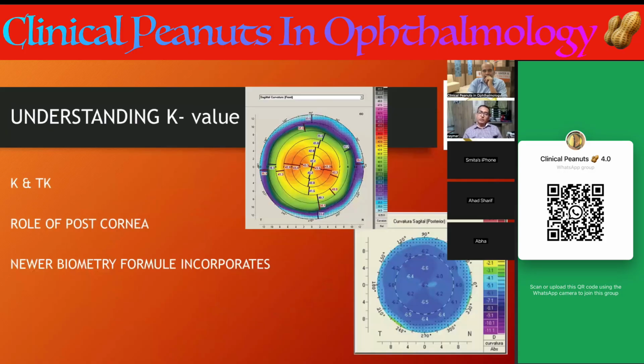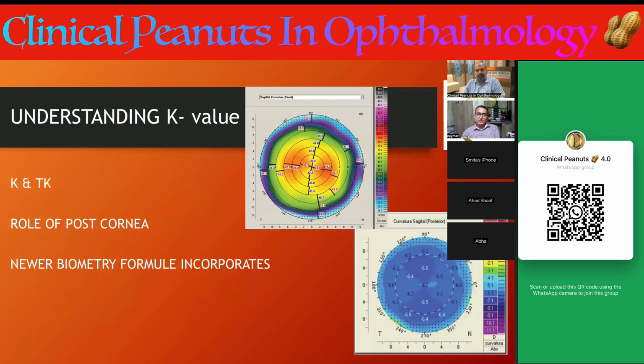If you look at K values, or the keratometric values, the traditional way to analyze the K value or astigmatism counts only the anterior corneal astigmatism, or the anterior corneal power. But what determines success is understanding the posterior cornea also, because there is some astigmatism in the posterior cornea too. The interference of the posterior corneal astigmatism with the anterior corneal astigmatism mostly determines success